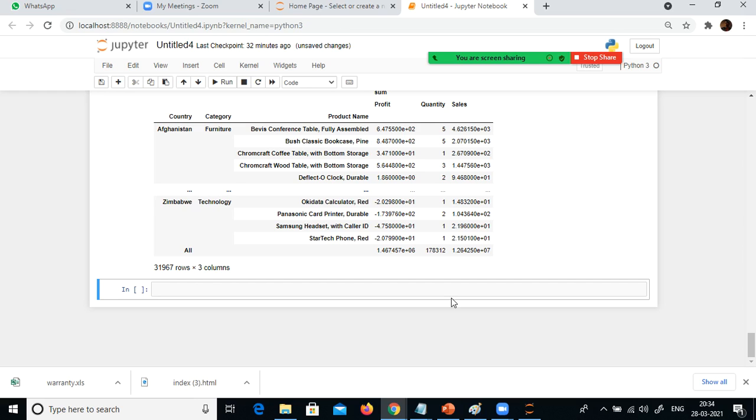So margins equal to true helps you to get the grand total. And if you wanted to get it category wise, group wise, then you will have to write group by, and then only you can store it.